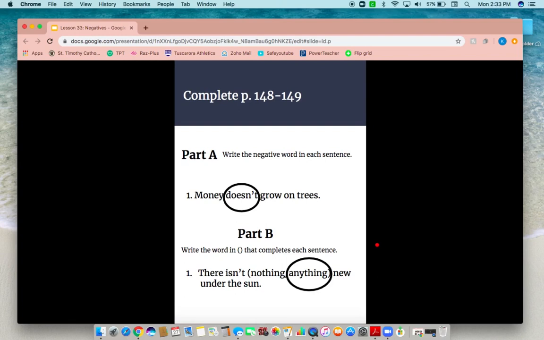And then after this lesson, we'll have a day off tomorrow to study, and then we'll take a test on adjectives and adverbs on Thursday. So you'll get a little bit of a break tomorrow just to kind of review, and remind your parents that I put up all the answer keys on